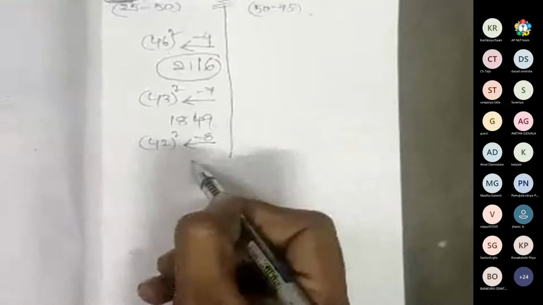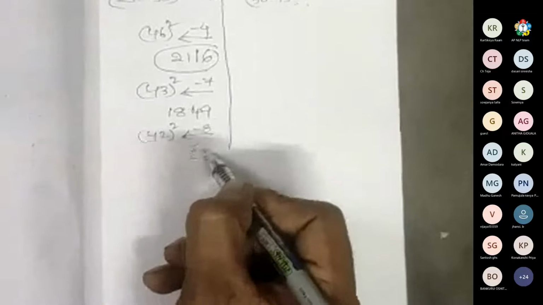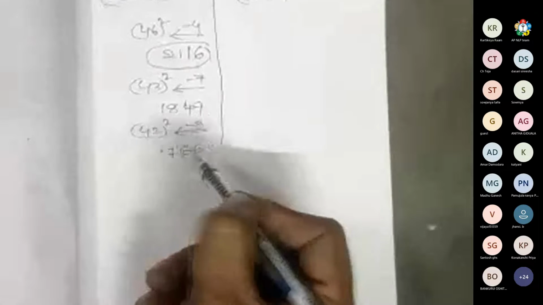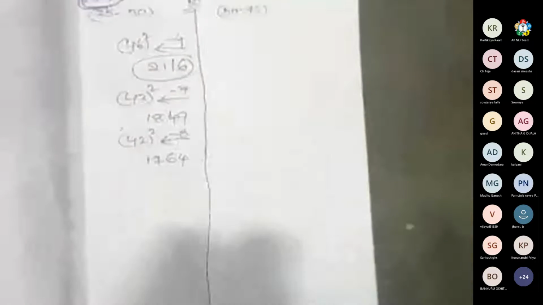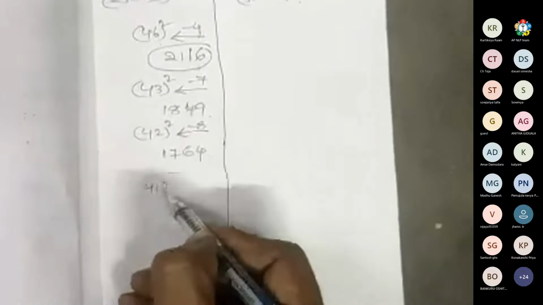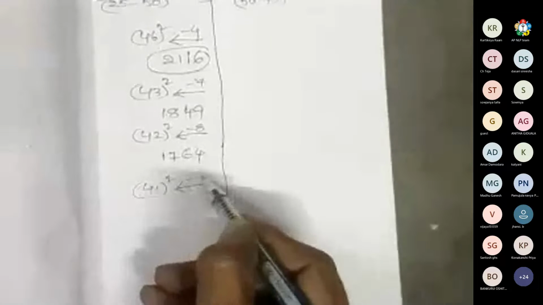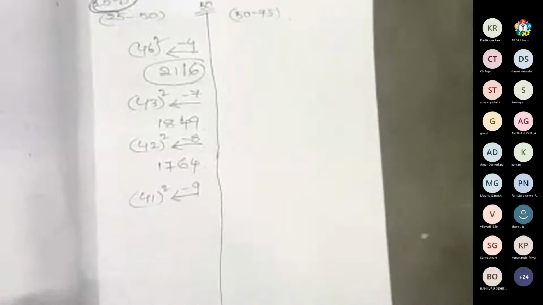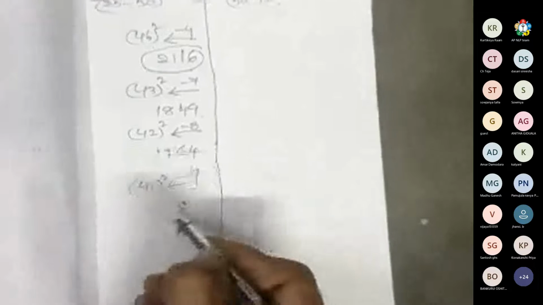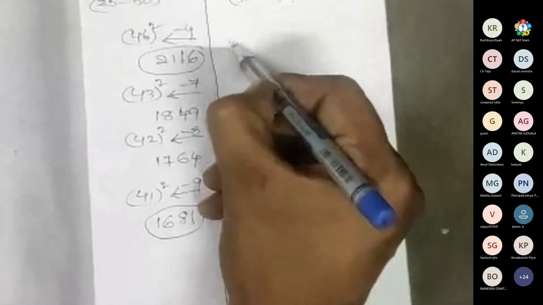42 whole square. For 50 it is 8 less. 8 square is 64. 25 minus 8 is 17. 1764. 41 whole square. For 50 it is 9 less. 9 square is 81. 25 minus 9 is 16. Answer 1681. Right? For example, if you take 54 whole square,